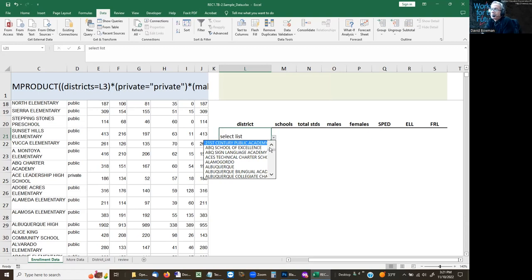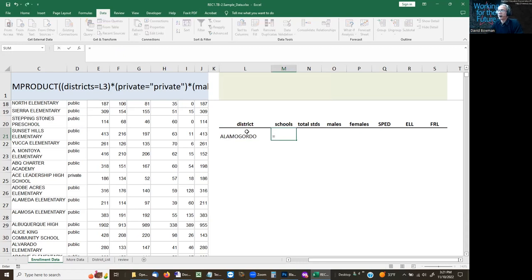Now, something that is a limitation of Excel: you can only see 8 at a time. So 21st, Albuquerque, Aces, Alamogordo, Albuquerque, etc. You can only see 8 at a time, so maybe a bit of scrolling is necessary, but it's going to work. Okay, let's see if we can find a shorter one. There's my Alamogordo. So I'm going to take those same formulas,